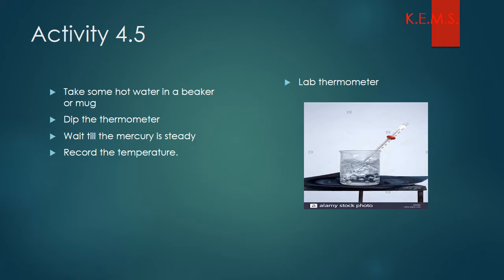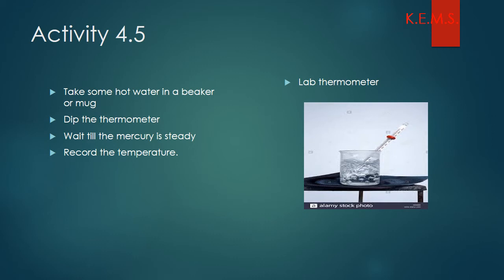So as I have shown you how to measure the temperature, whatever happens, we have to use the lab thermometer only in the lab. It should not be used to measure body temperatures. Temperatures of objects are measured with the help of the laboratory thermometer. Okay, so up to minus 110 degrees Celsius the temperature can be recorded.